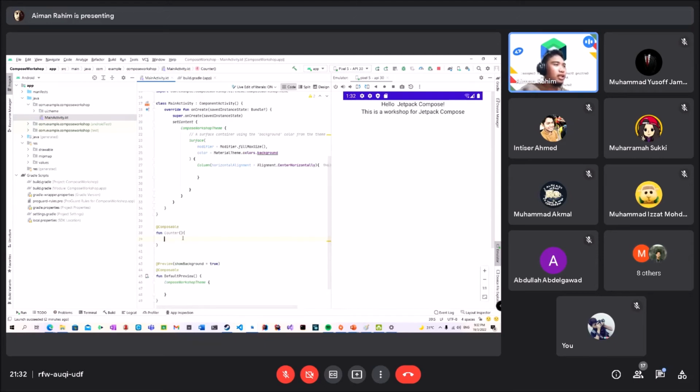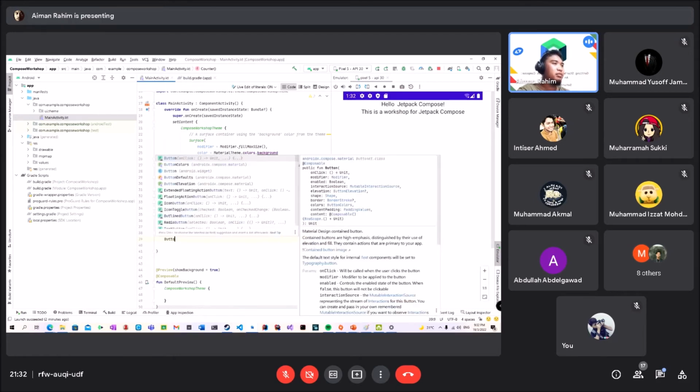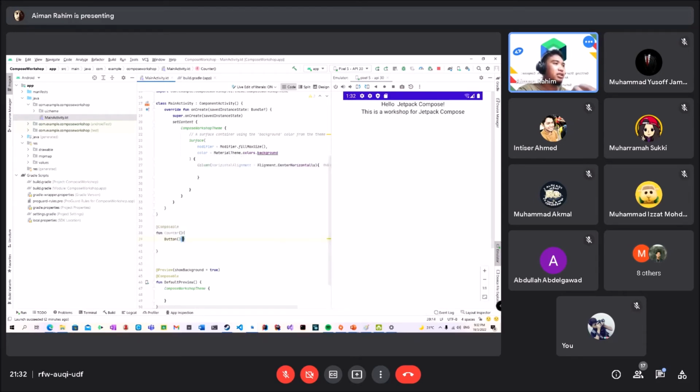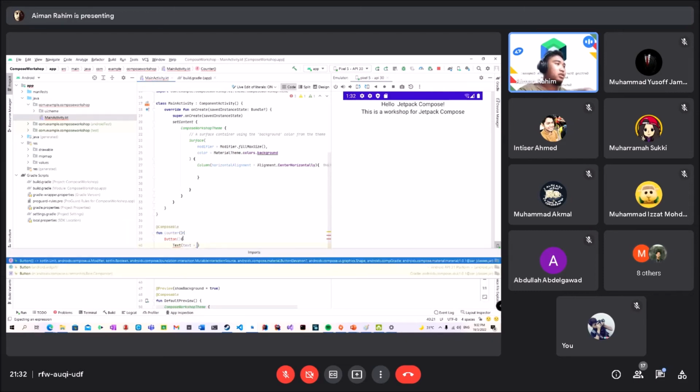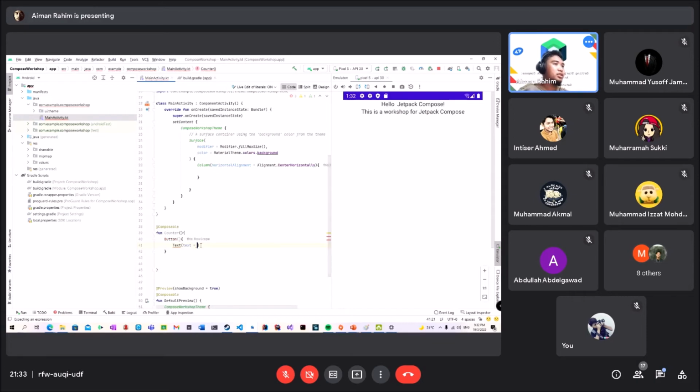In the counter component, I want two things: a button, and a button that has a text. So, for example, just import this. A button that says